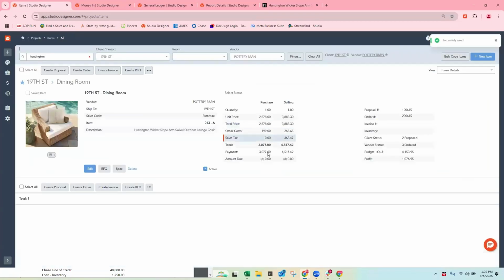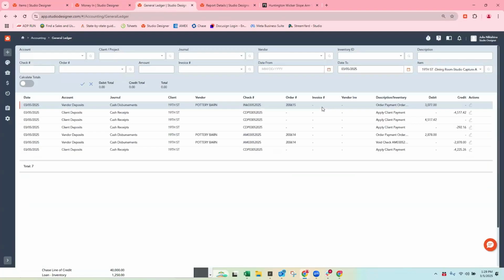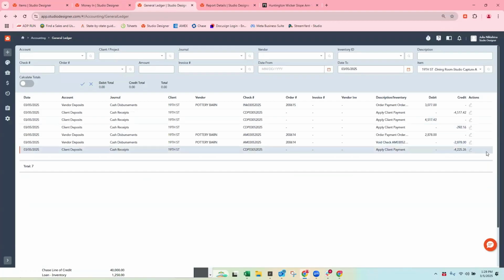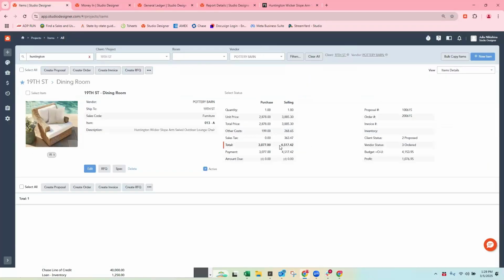Go back into your item screen. So this is here and this is here. Your amount due is 0. From a reporting standpoint, let's go back into our GL, like from the high level financial overview, right? If you were just looking at this particular item, your 45.17.42, right? This dollar value, well, it's really 38.85.30 plus other costs. This is living in client deposit.